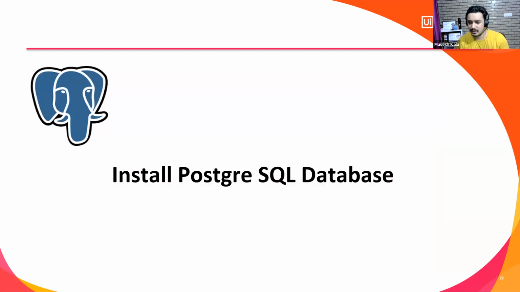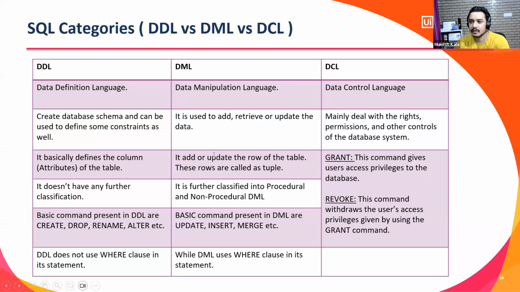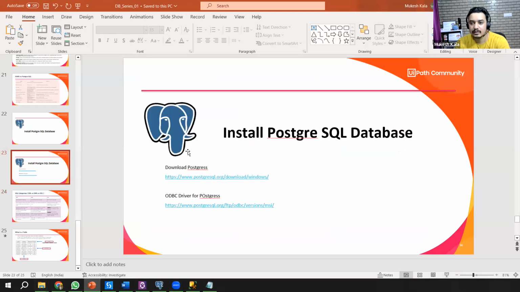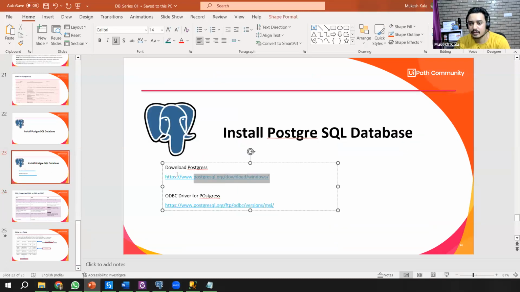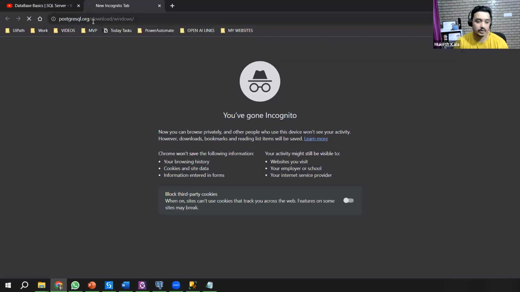Steps are absolutely simple. The first step is, just like I installed the SQL database, I installed the PostgreSQL database. It has a simple thing called download Postgres. If you go to this website, I'll click on that to show it to you. Okay, so this one, I'll hit Control C. Let me go to the browser. I'll paste it here. This is the open source database, right?